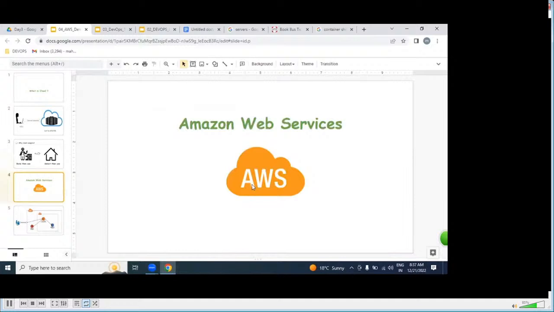But which cloud? Any cloud is the same, either Azure, AWS, or Google. All are the same service, same thing only. But which cloud are we going to learn? AWS. So the service is the same, but the provider is different.